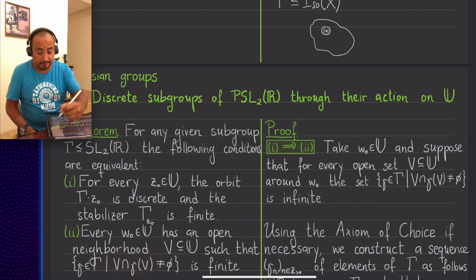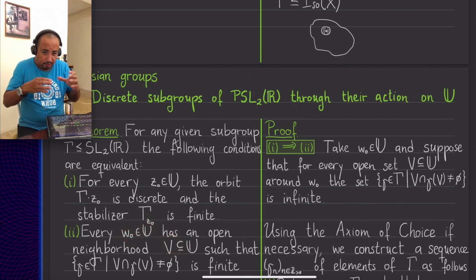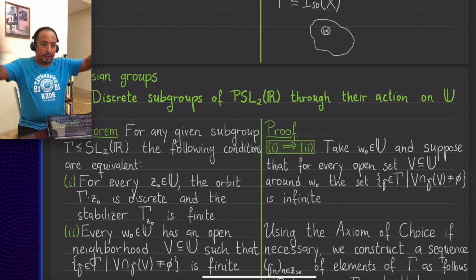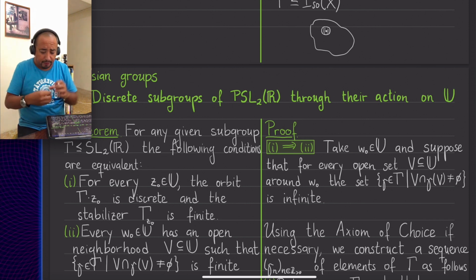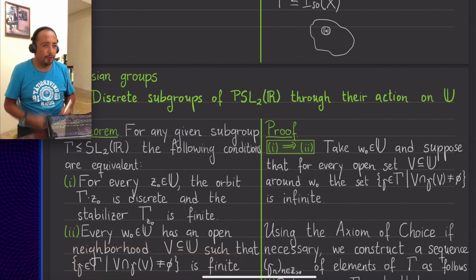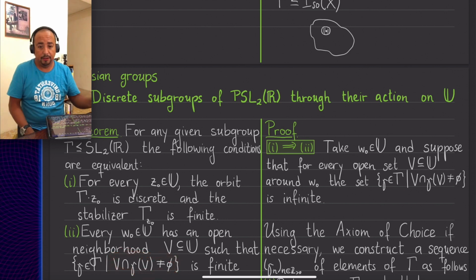And the condition is that every element of U has such a neighborhood, right? That it's a sufficiently small neighborhood so that not many elements of gamma have the property of not taking it far away. So most elements of gamma take V very far away, except for finitely many, right, which would be this. And of course, saying sufficiently far away is a very informal way of saying this, which is the real formal condition.